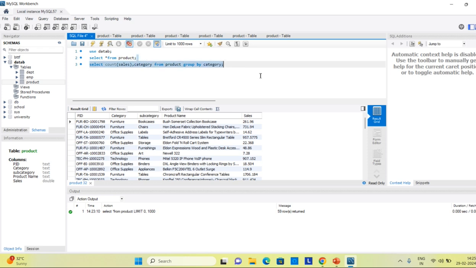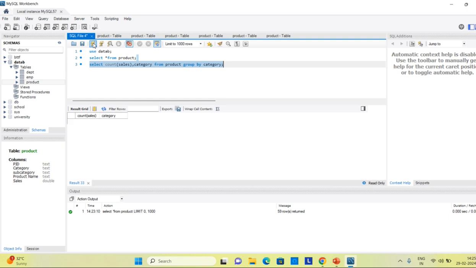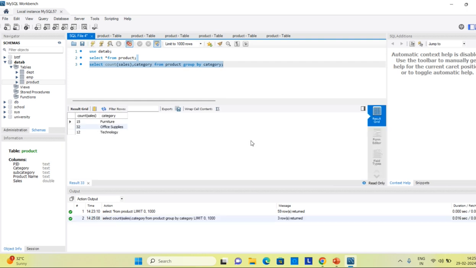Here you can see that I get the sales count 15 for furniture, 32 for office supply and 12 for technology. So what exactly do we do in group by? In group by we make groups of rows of the same nature, the same category, and then we perform the aggregate function on a column named sales. We can do the same here, like I can find out the maximum sales for a category,